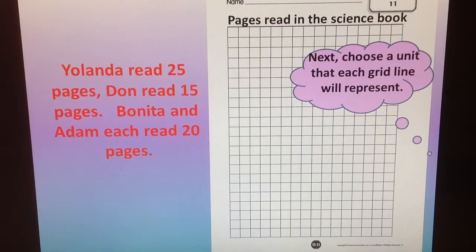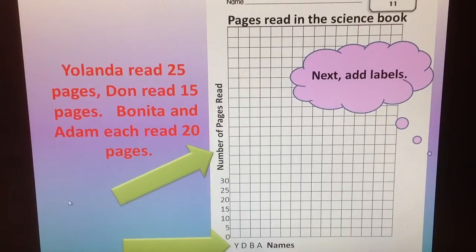Our next job is to choose a unit that each grid line will represent. In other words, should we make each of these lines count for 1 page read, or 2, or 5, or 10? What would be the best number to choose? We could make them stand for 5 pages read each. 5 pages read is a good number to choose because all these totals are a multiple of 5. We can use 5 and then we're going to count by 5s all the way up,